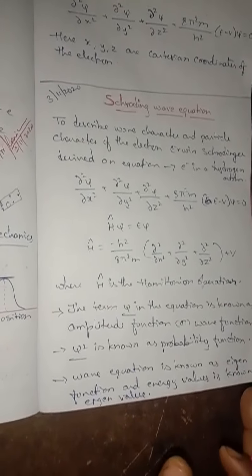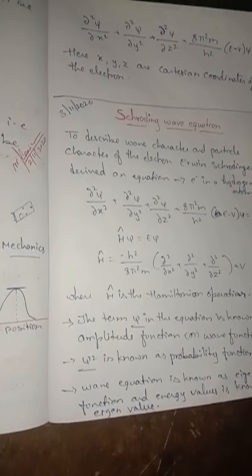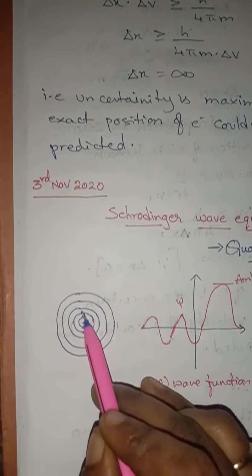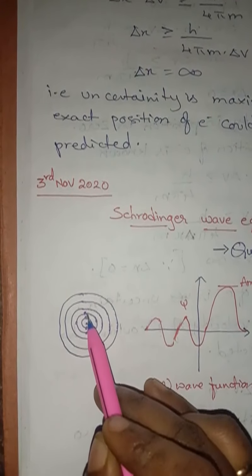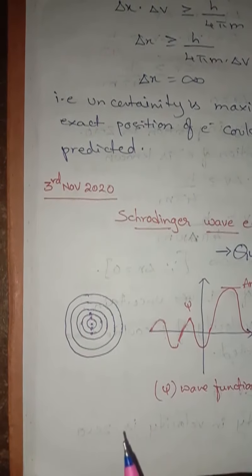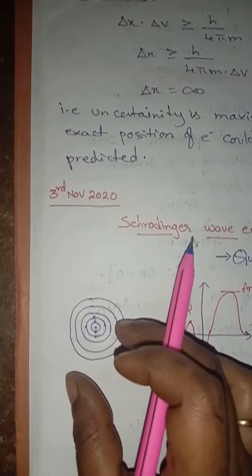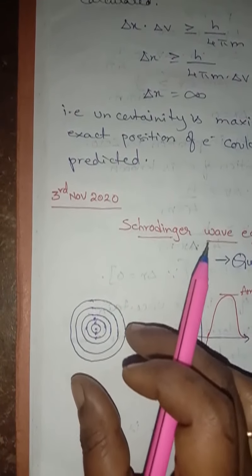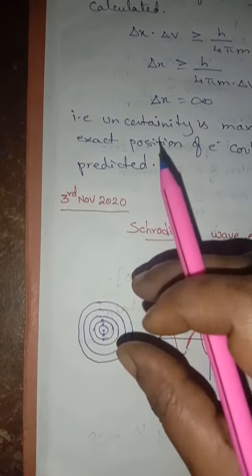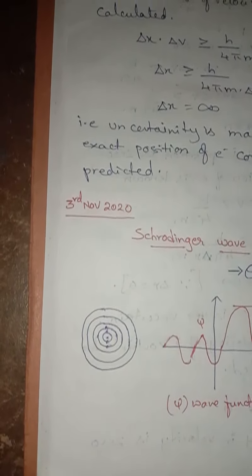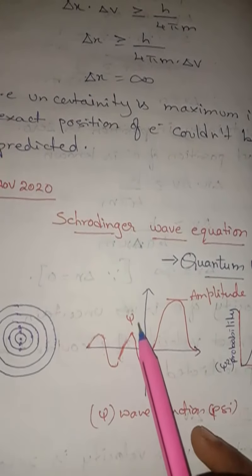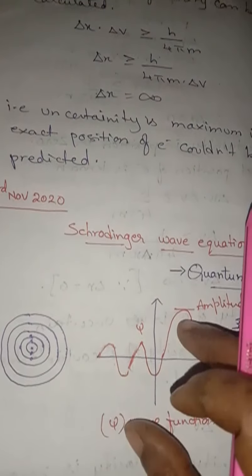Understand, children? So now we are going to see the important features. The electron in an atom can have certain specific values only, that is quantization of energy. Next, the existence of quantized electronic energy levels is a direct result of the wave-like properties of the electron and are allowed solutions of the Schrodinger wave equation. The orbital wave function psi contains all the information about the electron in an atom.